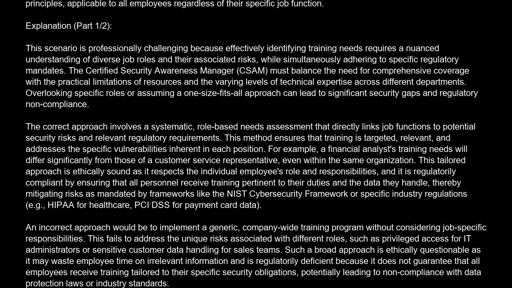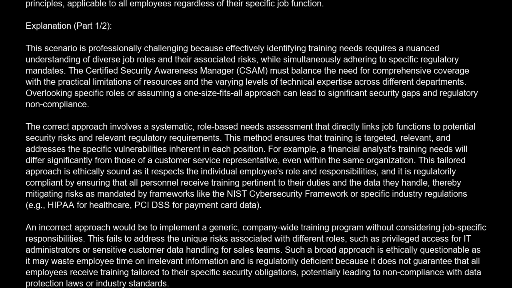For example, a financial analyst's training needs will differ significantly from those of a customer service representative, even within the same organization. This tailored approach is ethically sound, as it respects the individual employee's role and responsibilities, and it is regulatorily compliant by ensuring that all personnel receive training pertinent to their duties and the data they handle, thereby mitigating risks as mandated by frameworks like the NIST Cybersecurity Framework or specific industry regulations, e.g., HIPAA for healthcare, PCI DSS